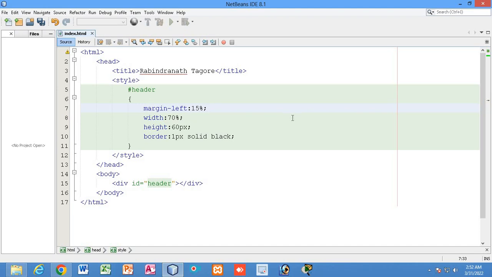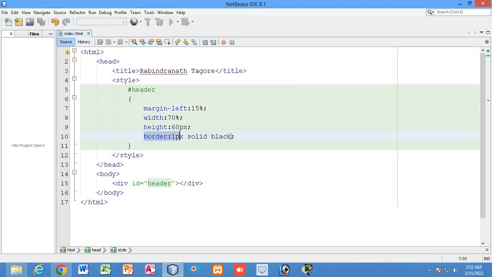So you can see I have written margin left 15%. If I write margin left 15%, you can see the width is 70%, right? 70% width, margin left 15%, and another 15% is left here, right? Now I told you that I have taken a border, so let me deduct 1 px of the border from the margin left. I can write